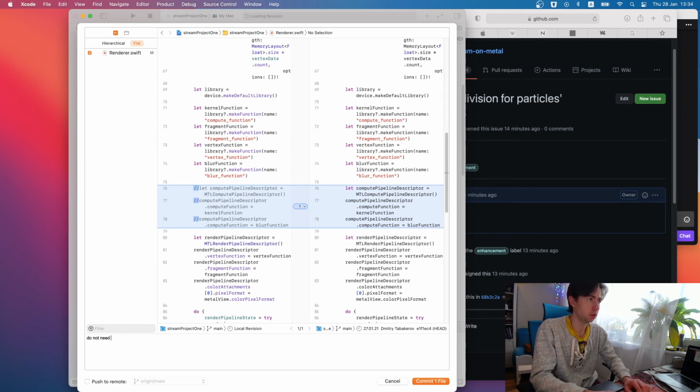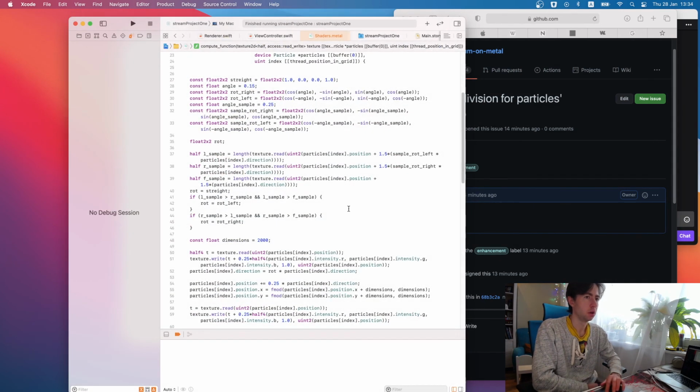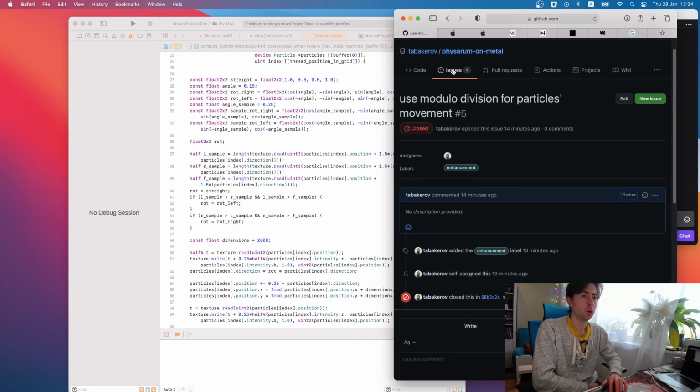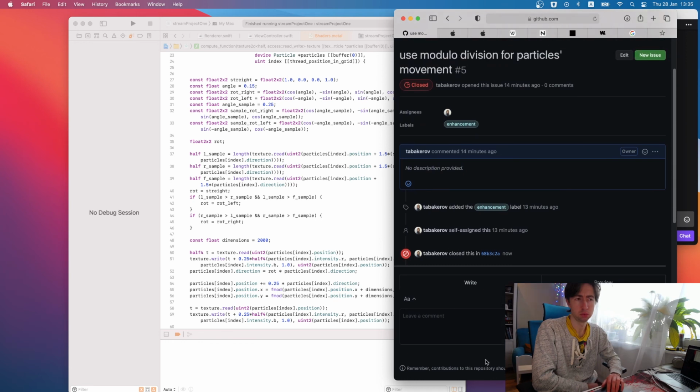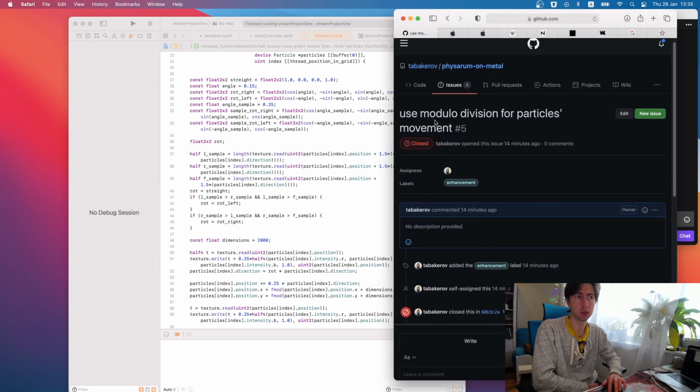Not need compute. Like this. Did I close it, or it closed because I said it in a commit message?